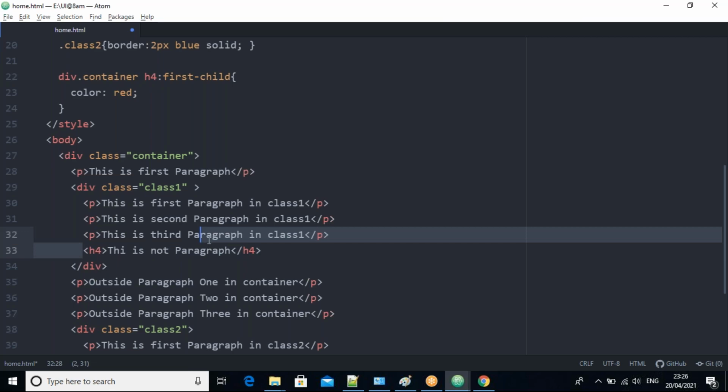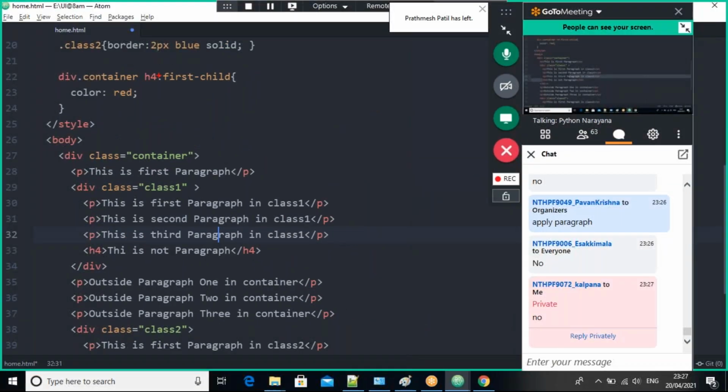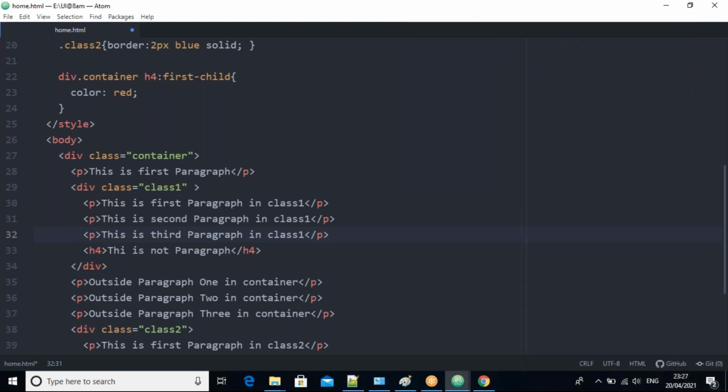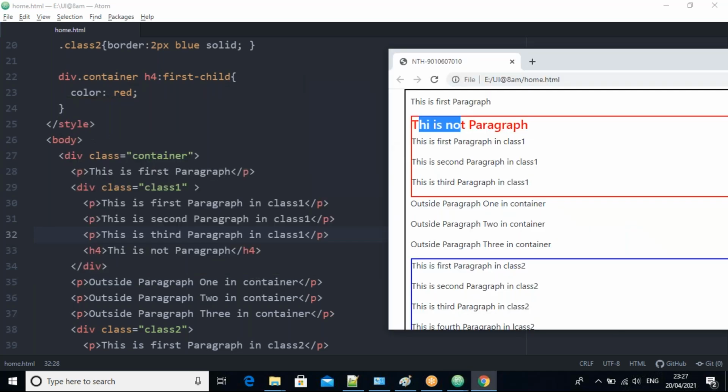So fine. Now tell me, this style applies for anything in the division. In this class, does it apply for any paragraph in H4? No, not possible. Observe, guys.